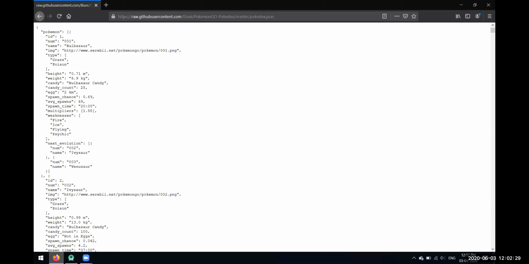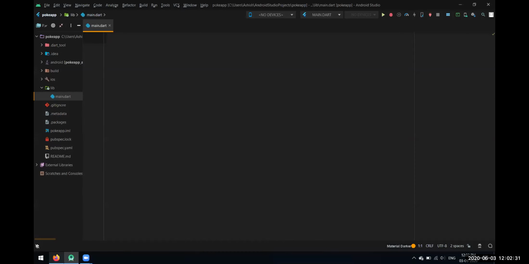Okay, so let's start. I hope everyone knows how to write the first line of our Flutter app. It's very simple. We have to just use this main function. This would be the entry point of our application, and inside this is also very familiar.